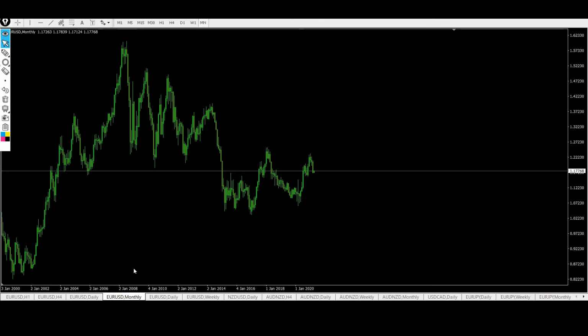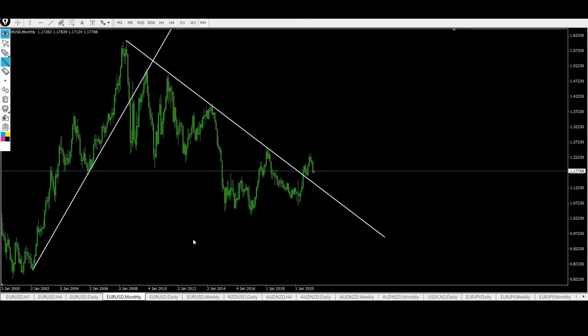I'll be drawing these trend lines ahead of time. Now, one trend line is from this pivot to this pivot right here, and extend it out into the future. Another one's from this pivot to this pivot, and extend this one too. And then finally, this pivot to this pivot right here. Extend that one too. Now I'll be using these 3 trend lines to demonstrate how it can provide clarity and